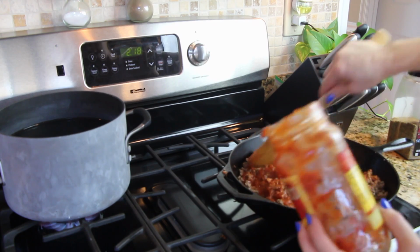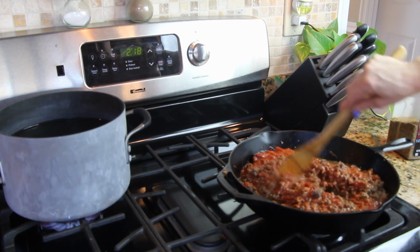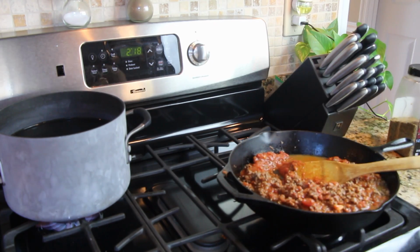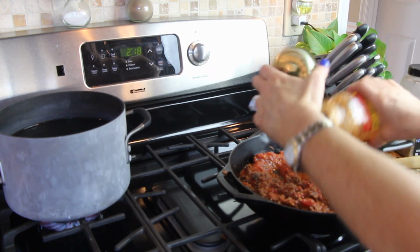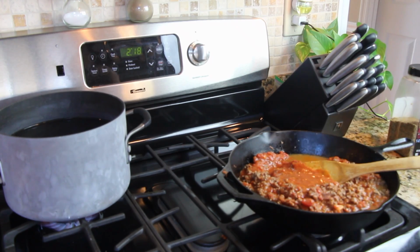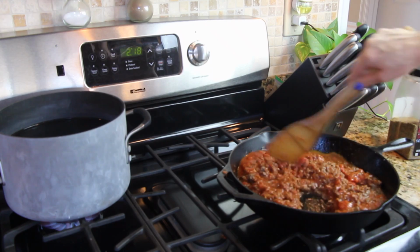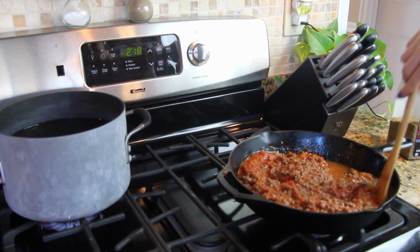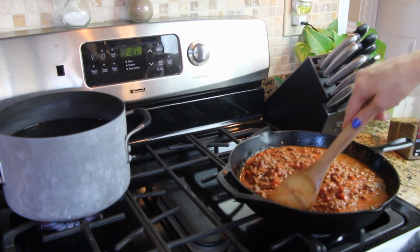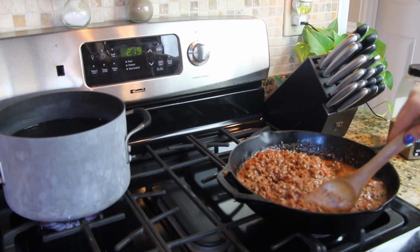I'm also going to take this jar and add a little bit of water to it, and it'll help mix it all in. By adding a little bit of water, it gets all the spaghetti sauce out of here and just cleans out the jar. Then I'm just gonna mix this in a little bit. The water's separating out of it a little bit. And then just bring this to a simmer. I've got it on medium right now. I'm gonna turn it down to low and just let it cook for a little while